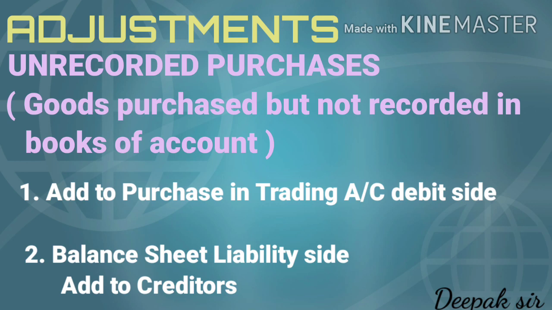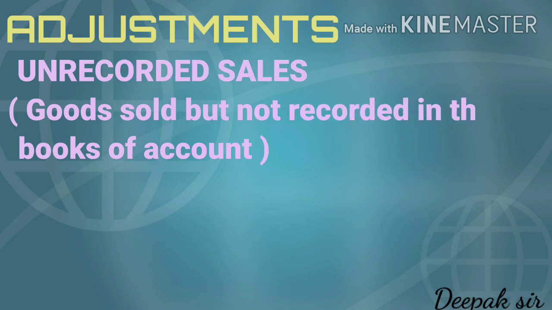In a similar manner, the next adjustment is unrecorded sales, that is goods sold but not recorded in books of account. So goods are sold but it is not recorded, so it is unrecorded sales. Now again we had sold the goods, so our sales will increase. So the first effect we have to